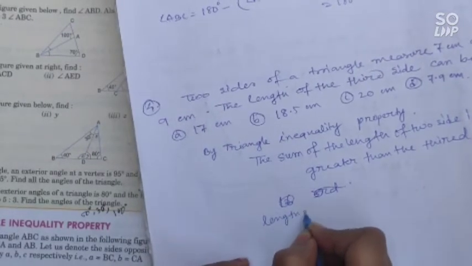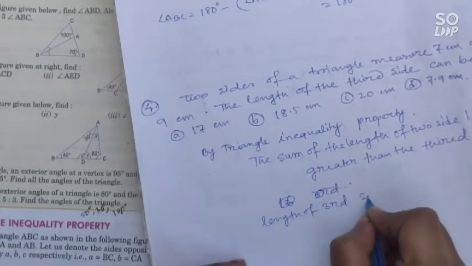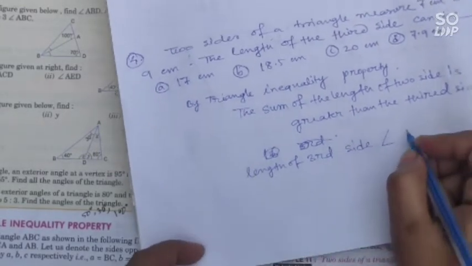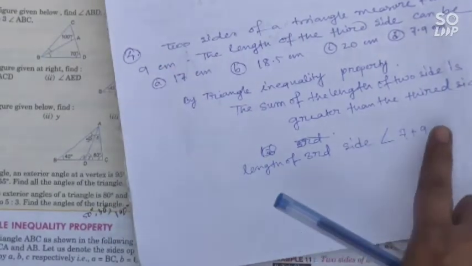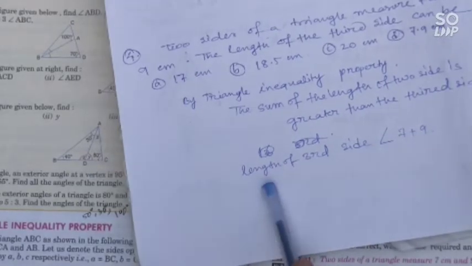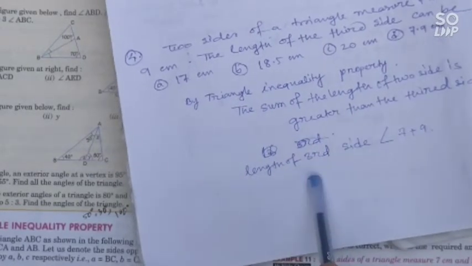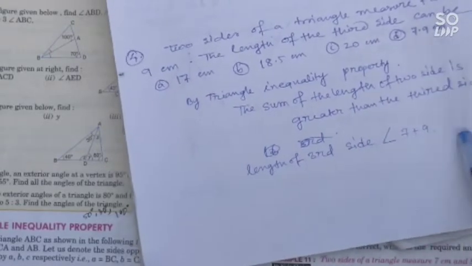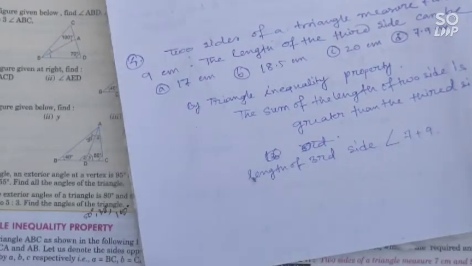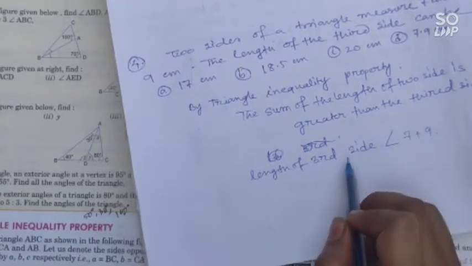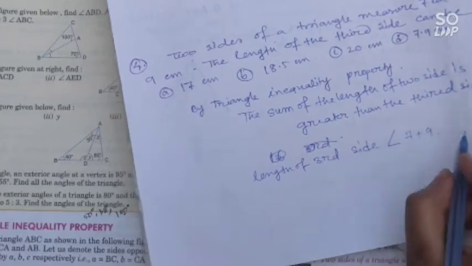So the length of the third side must be less than 7 plus 9। আমরা জানি যে দুটো সাইডের সাম থার্ড সাইড থেকে বড় হতে হবে। দ্যাট মিনস থার্ড সাইডের লেন্থটা আমাদের দুটো সাইডের লেন্থ থেকে ছোট হতে হবে। আমরা যদি এটাকে যদি উল্টো করে যদি বলি, এখানে বলা আছে ট্রায়াঙ্গেল ইনইকুয়ালিটি প্রপার্টিতে যে দ্য সাম অফ টু সাইড ইজ গ্রেটার দ্যান দ্য লেন্থ অফ থার্ড সাইড। দ্যাট মিনস দ্য লেন্থ অফ থার্ড সাইড ইজ লেস দ্যান দ্য সাম অফ টু সাইডস। So length of third side must be less than